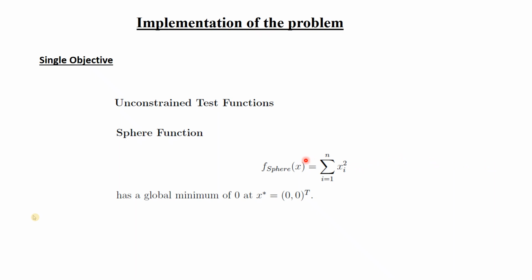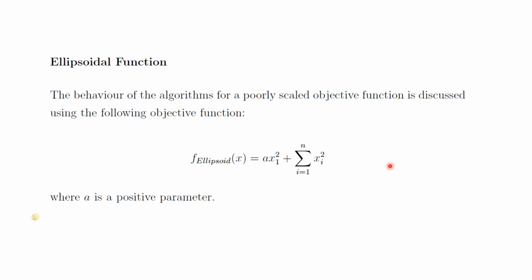So this is an unconstrained problem, because there are no constraints. Why are constraints not there? Because the range of x is not given. You don't have to concentrate on this; this is a different case. The range of x is not given. That means it is not told whether x should be less than 1, or should not be greater than 10, or should be within this range and this range. No, the range is not given. It is open to all. The sky is the limit. You have to determine the values of x in such a way that you get the optimal result for the sphere function. So this is a single objective function which has no constraint in it.